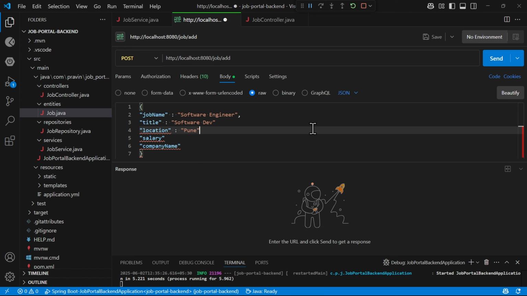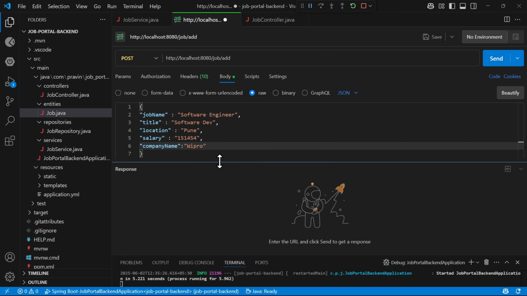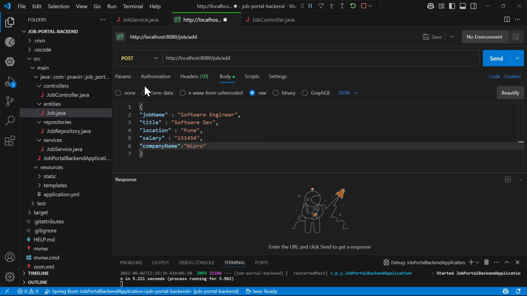Location is in Pune, and salary would be something like that. And company name, let's take the name of Wipro. Okay, so it's time to post our jobs. Okay, so let's click on send,